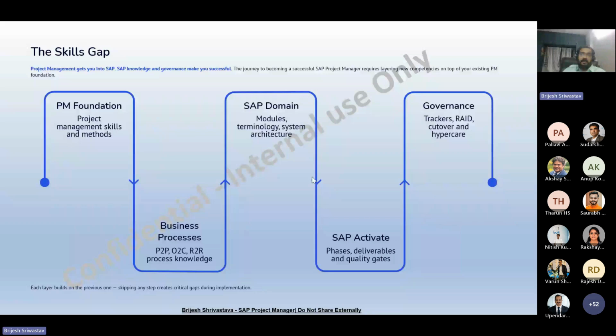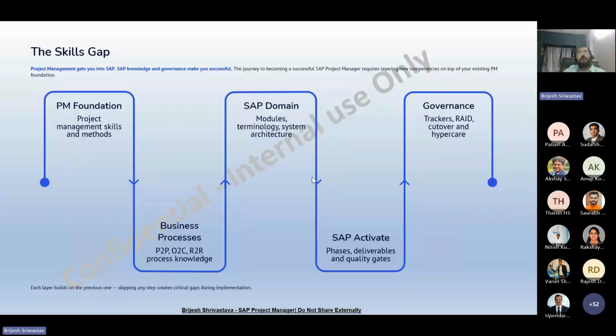Okay, they are thinking that, but in reality, project management is only the starting point. The first layer is your project management foundation, which includes planning, scheduling, risk management, stakeholder management, communication, budgeting, and project delivery. If you already have experience as a PM, you already possess these skills.